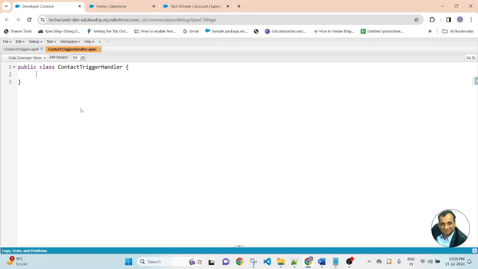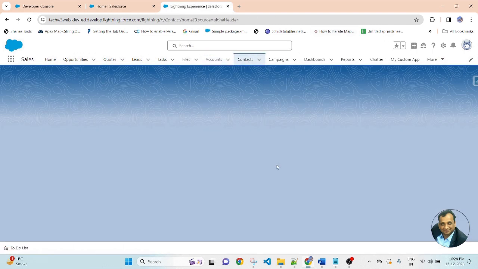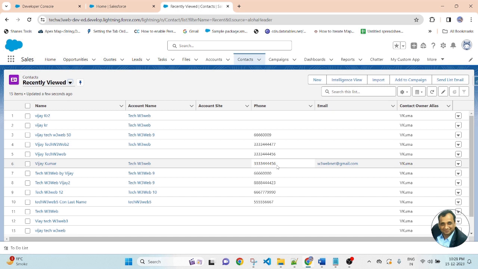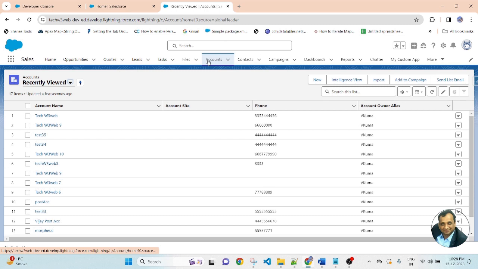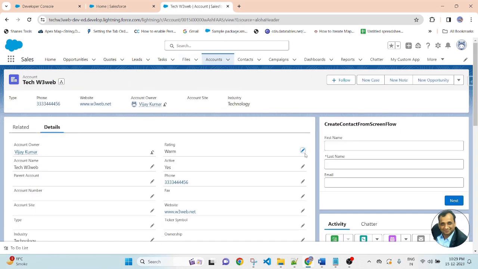Before creating the Apex class method, let me explain the scenario. Let me go to the contact object. So here is a contact. As per the scenario, whenever a contact record is created, we will check the associated account's status field and developer field. If you go to the account and open any record, now I am editing the record.